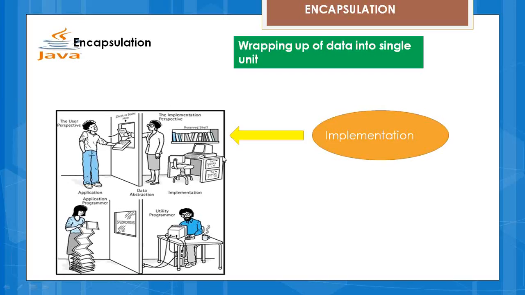So you have to wrap up. Wrap up means you have to make it this way that no one can access it without the permissions, right? Or it should not be directly available to everyone. Because business logic lies in the implementation part. So whenever we talk about encapsulation, we talk about the implementation part, and encapsulation leads to abstraction and abstraction leads to encapsulation. Okay.